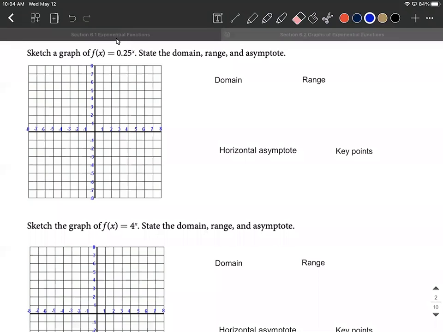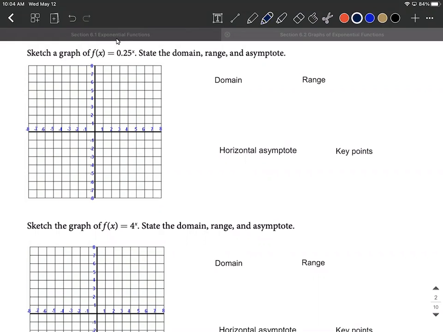Okay, sketching a few exponential functions. So on this first one, we have 0.25 raised to the x power. We want to pick out some information about this: domain, range, horizontal asymptote, and some key points to get our graph going here. So as I think about this one, I'm going to visualize this